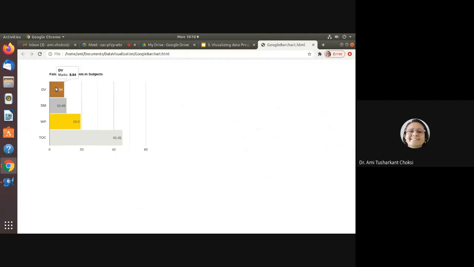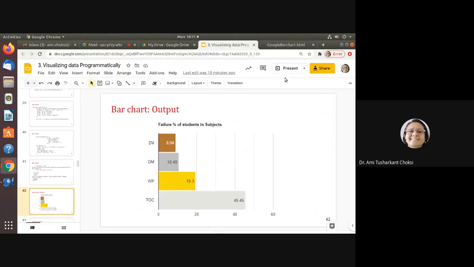This is DV, this is DM, this is WP, this is stock, right? So this way we are able to see the chart, fine. Okay, now let us proceed further.